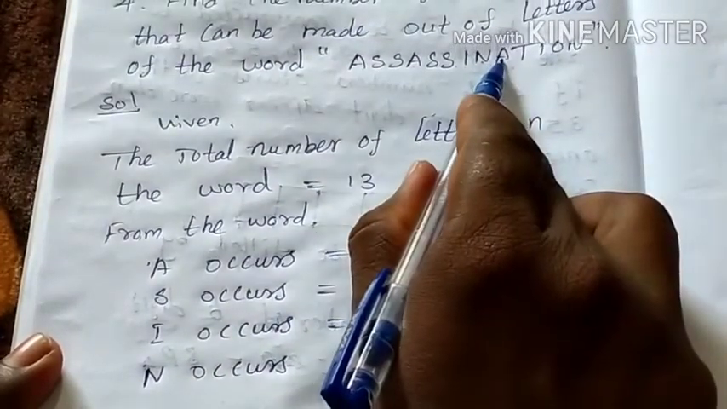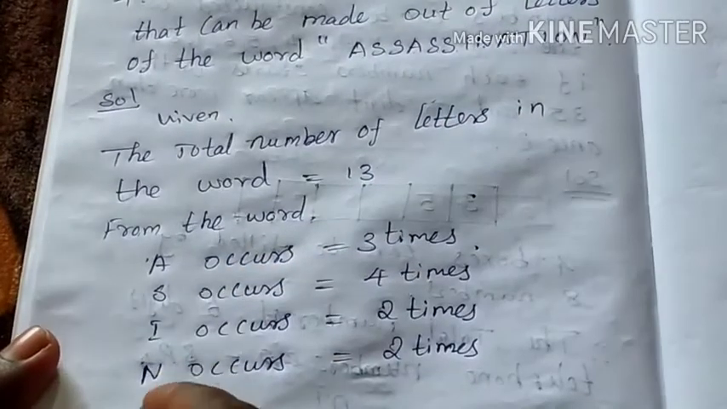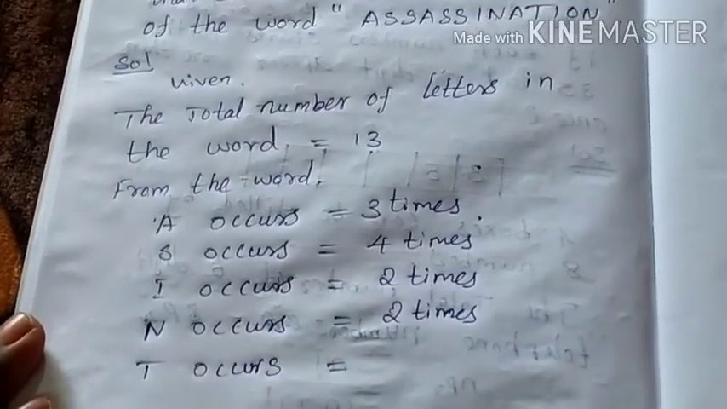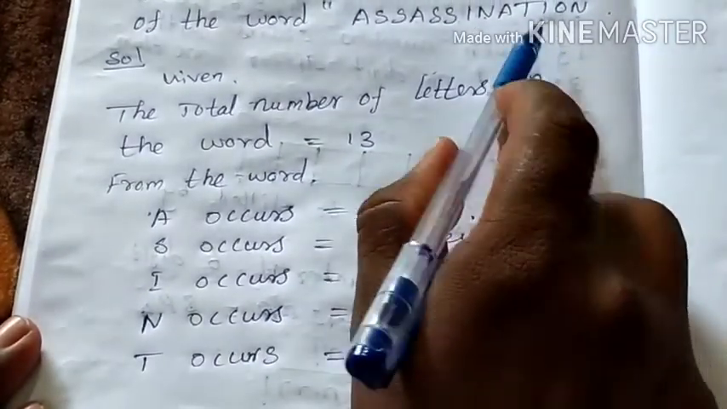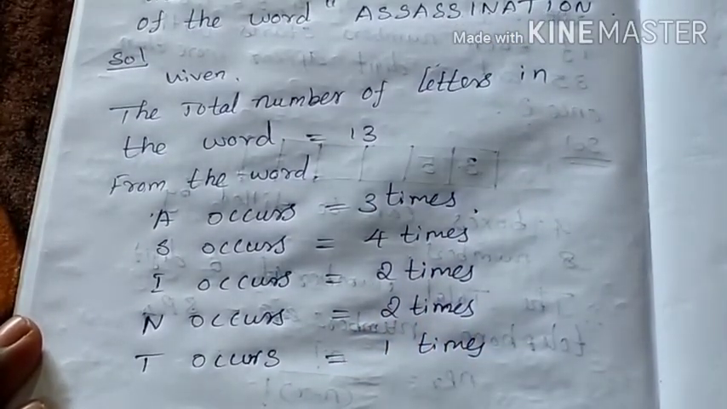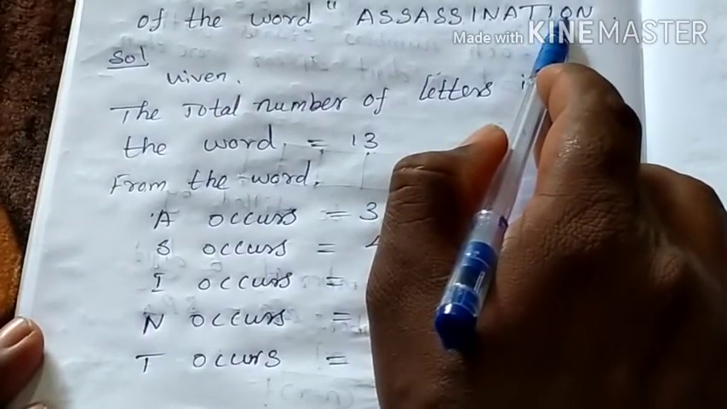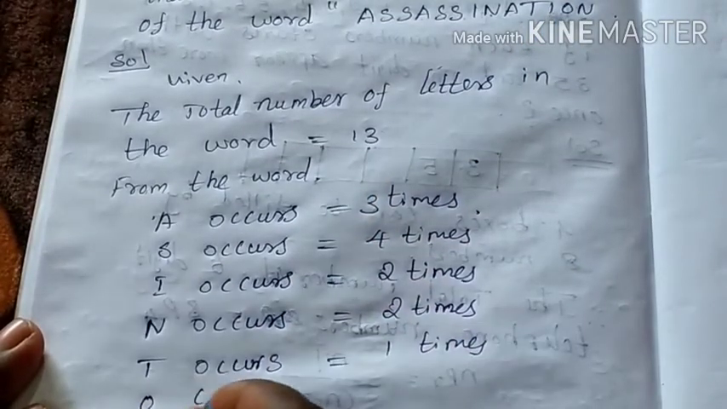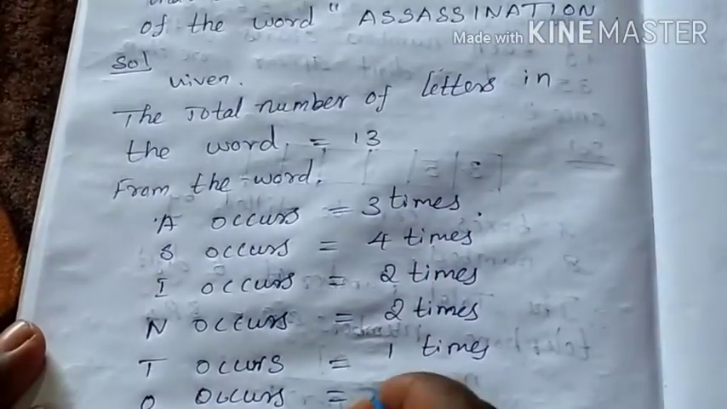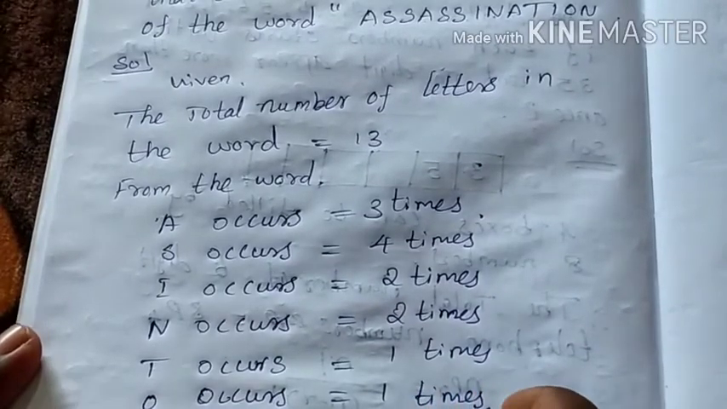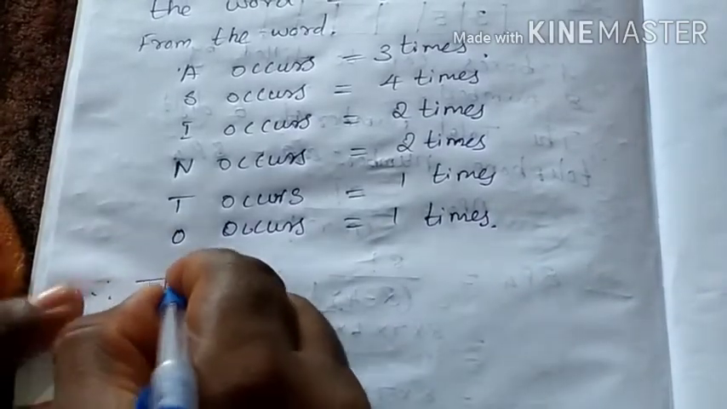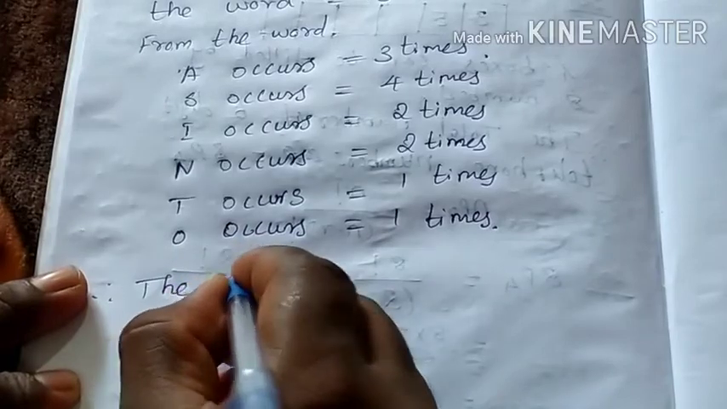Then the letter A is already written. So T. Okay, T totally only 1 T, so 1 time. Then T is over, I is also over, then O. O occurs only 1 time. Okay, have you understood? Therefore, the total number of permutations